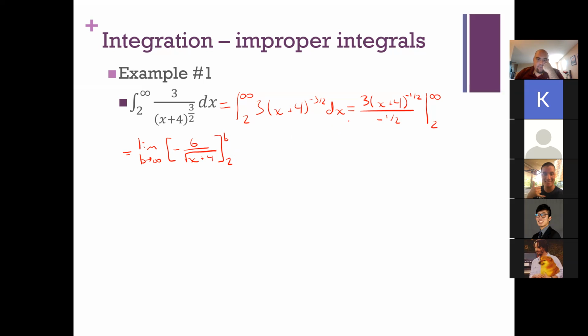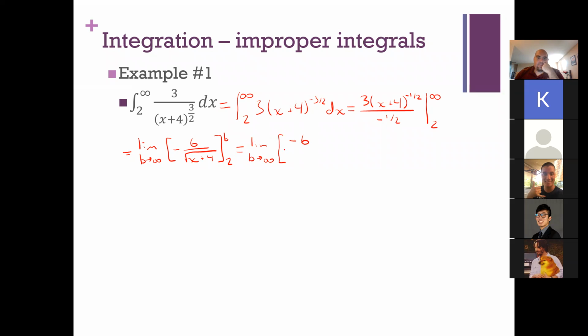Oh, okay, so you multiply by 2 to get negative. Yep, there you go. So from here we get -6 over, don't forget that limit operator, the limit as b approaches infinity of